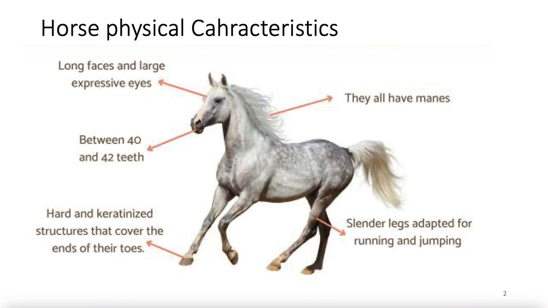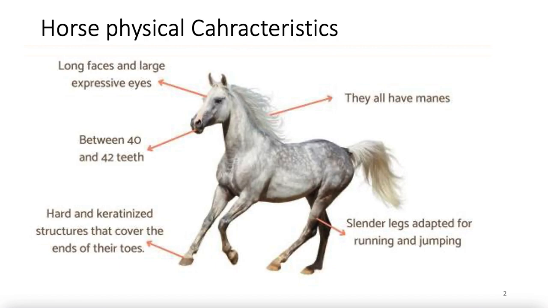Just look at this picture, and some of these we have discussed. These are the specific characteristics of the equines. One is that they have long faces as compared to the other livestock. The characteristics of horses, they have large long faces, and their eyes are expressive, means they are dominant, and